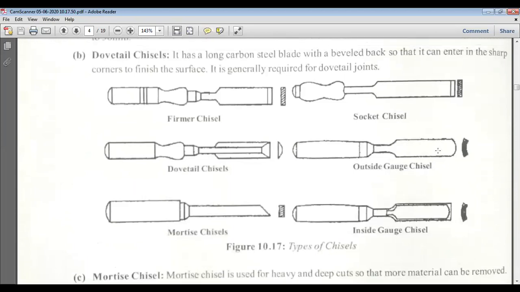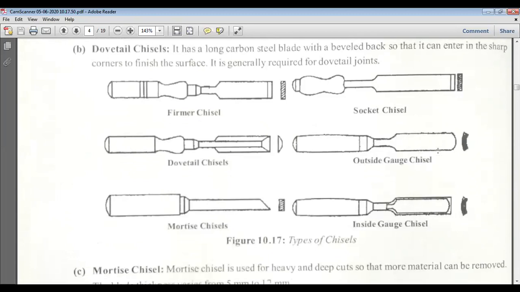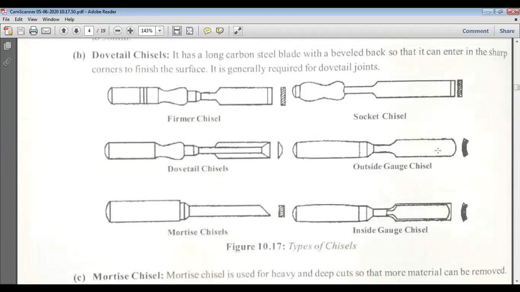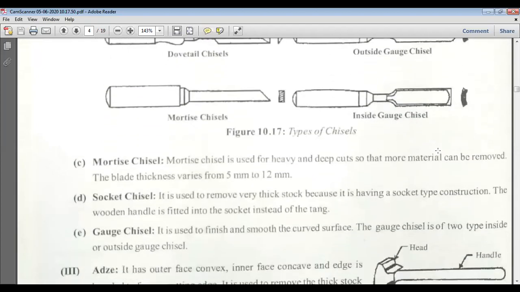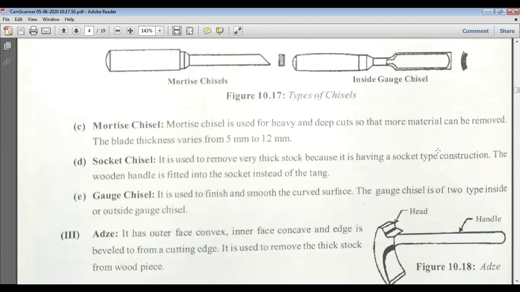Then there are the mortise chisel, socket chisel, outside gauge chisel and inside gauge chisel. All of these are used for different purposes, whereas the firmer chisel and dovetail chisel are commonly used in the workshop to give different shapes and internal cavities. Then the mortise chisel, socket chisel, and gauge chisel.